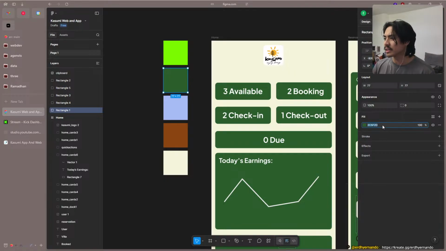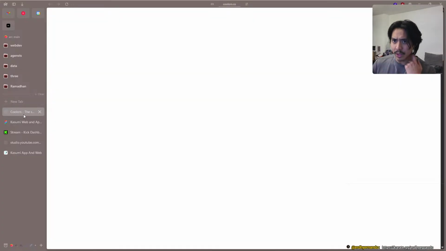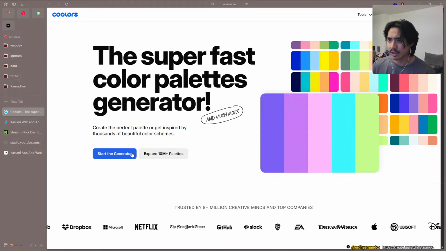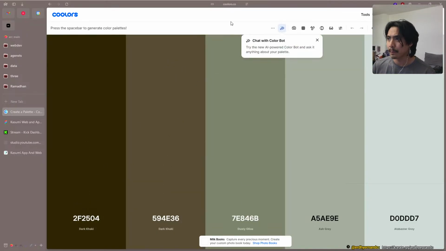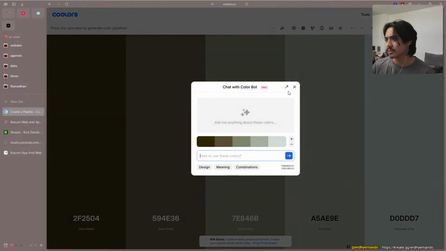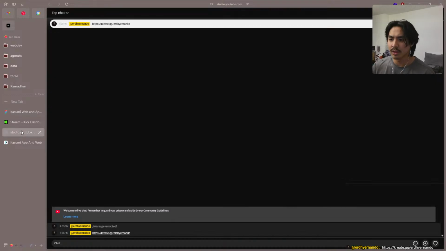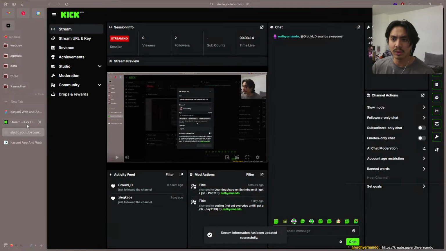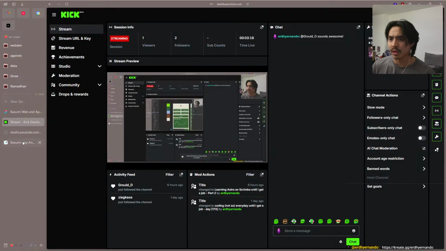Okay, I really like this green, but maybe we can find a much better structure generator. Okay, let's try. No, no, not that. I think it's more like